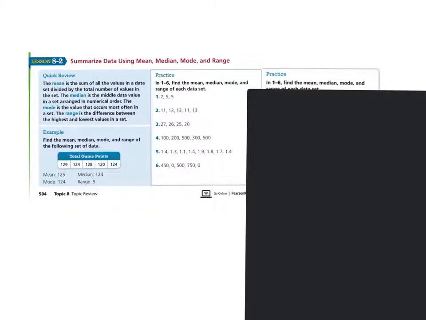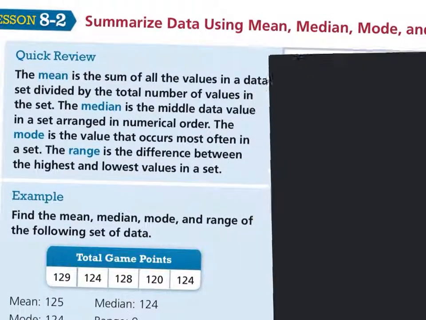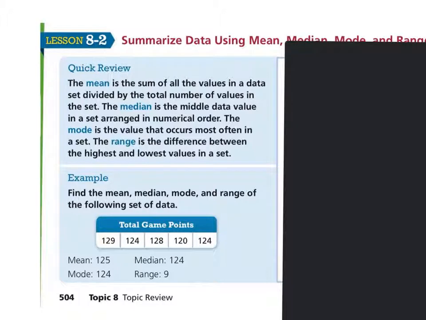Lesson 2, we're looking at mean, median, mode, and range. So we need to remember what these are first of all. The mean, we add all the numbers and then divide by how many numbers there are. Median is the middle or average of two middles. Remember median, it's almost like medium, or like the median in a road, but you got to put the numbers in order first. Mode is the one that happens the most, and range is the difference between the highest and the lowest numbers.